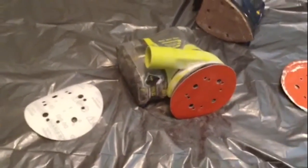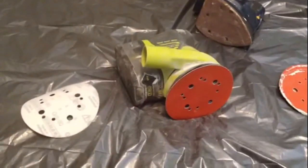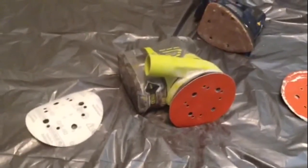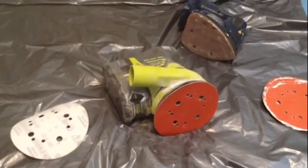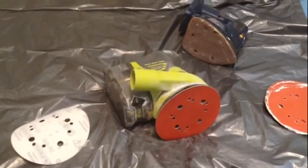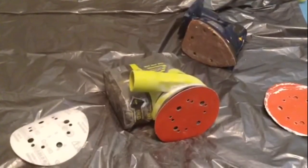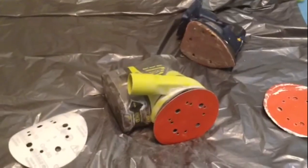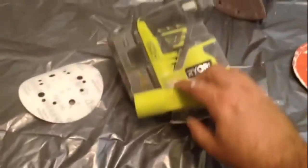Usually for the type of work I'm doing, I'm buying the 80 grit one, but you can also get 100, 120 grit. 120 grit's pretty good for furniture finishing. Beyond that, you're not really going to be using this type of sander. This is pretty decent. It's okay for flooring work, just realize you're going to run through a lot of pads. It's really excellent for drywall work, I'm finding, because of one of the other features, which is this sawdust evacuation